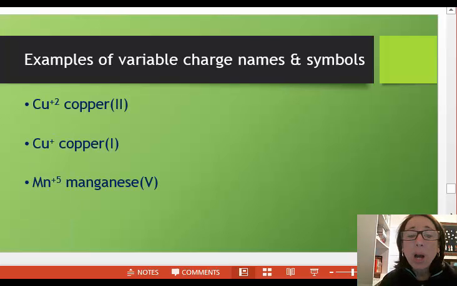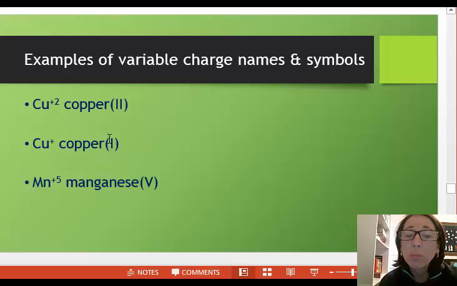As an example, copper forms cations with variable charges, so we must include the charge as part of the cation name. The copper cation with a positive 2 charge has a name of copper 2, which we write as copper parentheses II. The copper cation with a charge of +1 has a name of copper 1, which we write